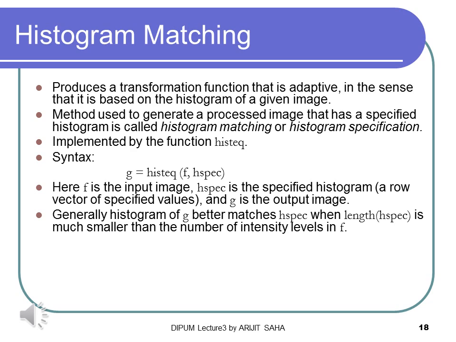Here f is the input image, hspec is the specified histogram, a row vector of specified values, and g is the output image. Generally, the histogram of g better matches hspec when the length of hspec is much smaller than the number of